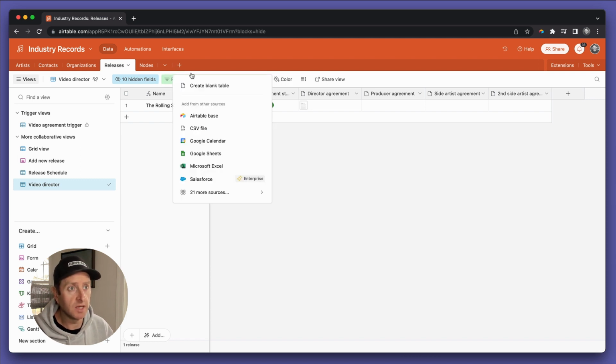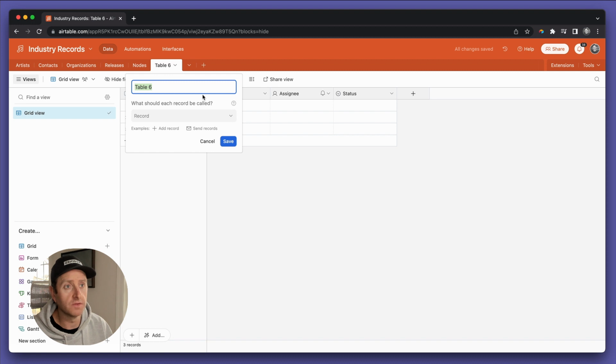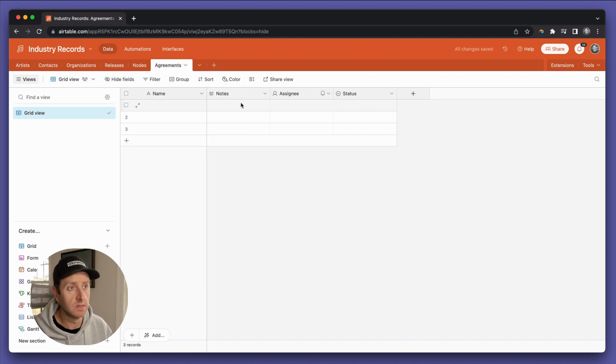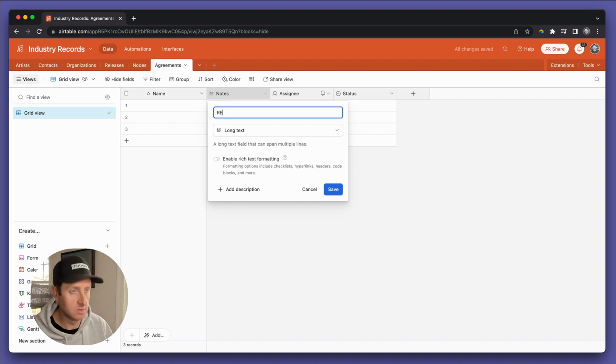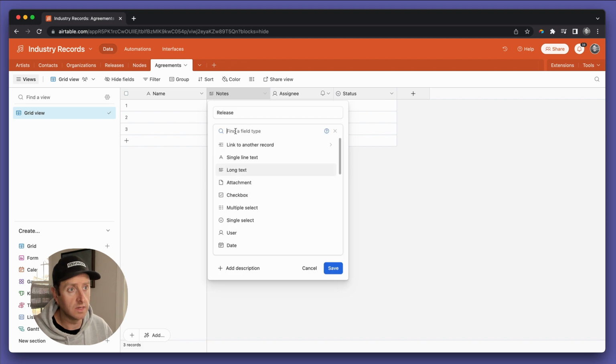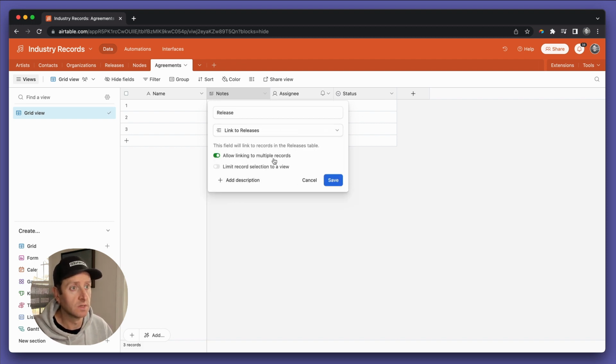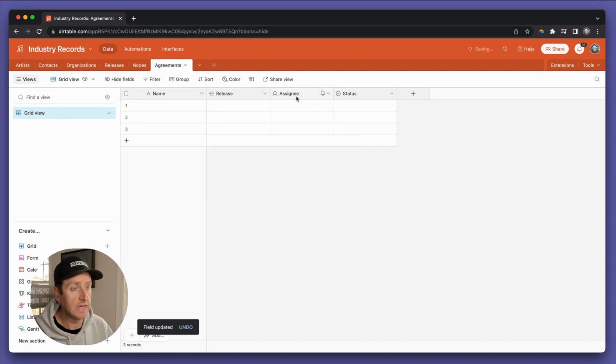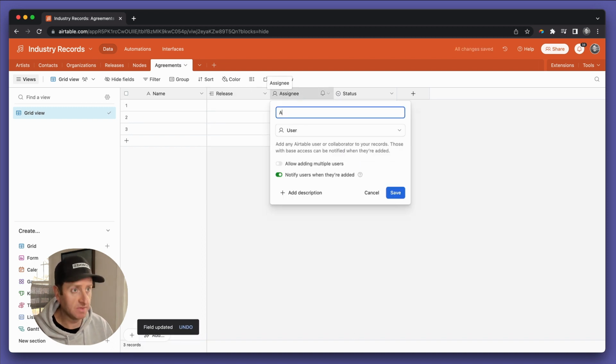So let's start a new table. We'll call this one agreements. Agreements have a link back to releases. And then agreements has an attachment field.